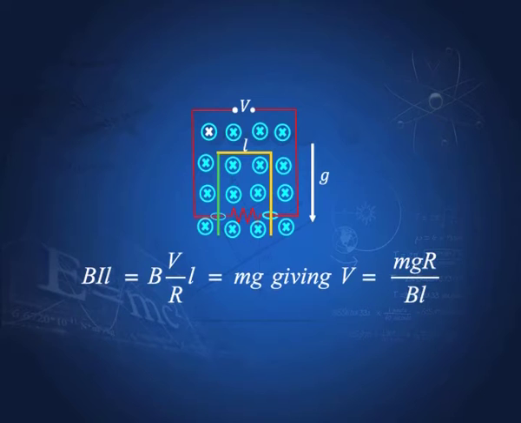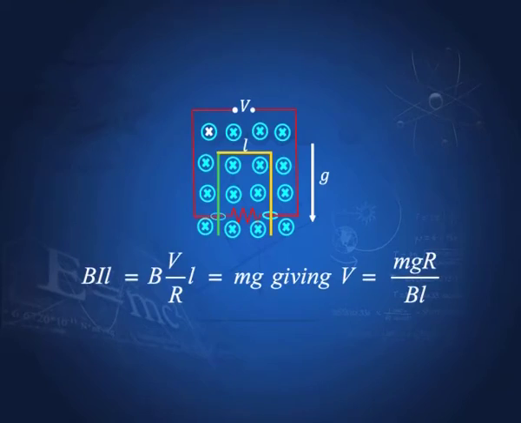The force would be B I times L, where I is equal to V by R. So, V by R times L, which must be equal to mg, the weight of the rod, so that the rod stays where it is. From this we can get the potential V equal to mg R by B times L. So, in a vertical frame, I have a movable arm. I can keep it steady by passing a certain current depending on the strength of the magnetic field.